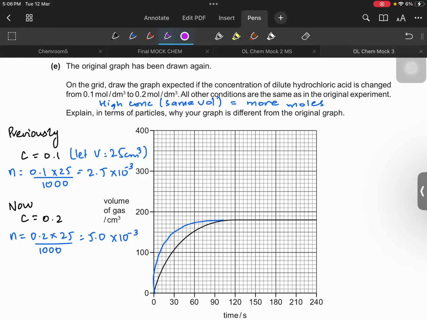But my question is, even though moles are increasing, the volume will still be the same. Why am I not making more carbon dioxide? And the question says that all the other conditions are the same. So then the argument should be that you are adding more moles of acid this time, so it should be faster and even give you more carbon dioxide. Sir, because HCl is in excess, so it makes no difference. HCl is already in excess,